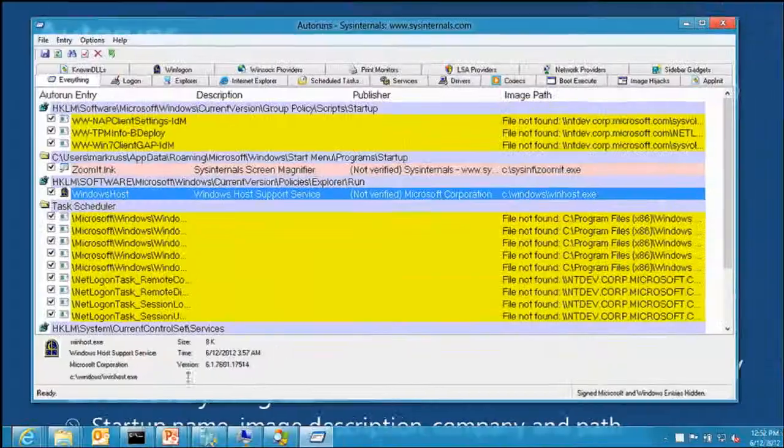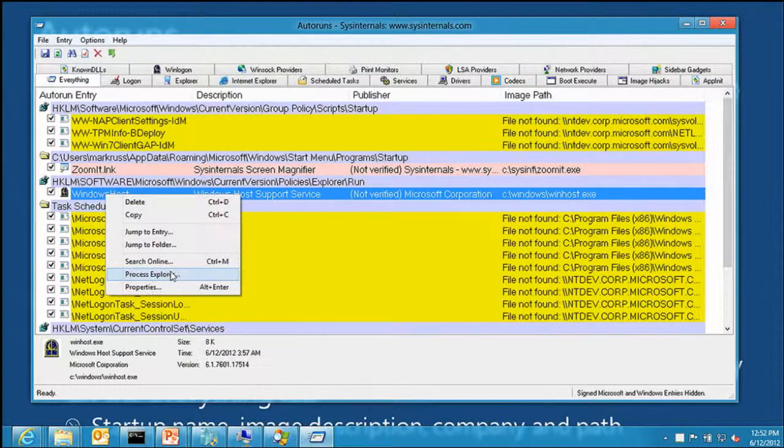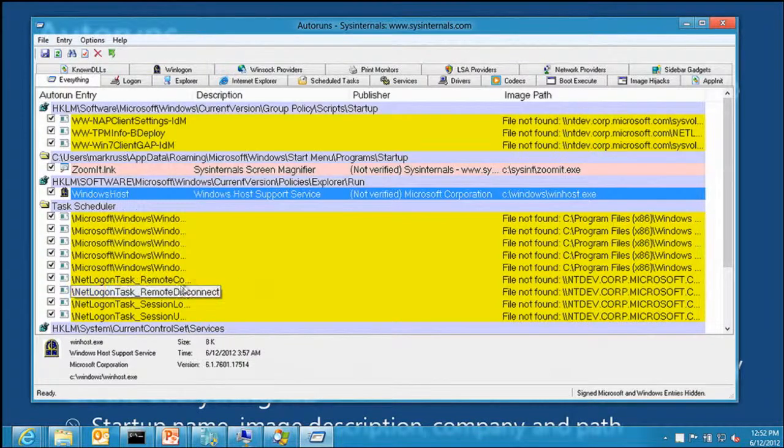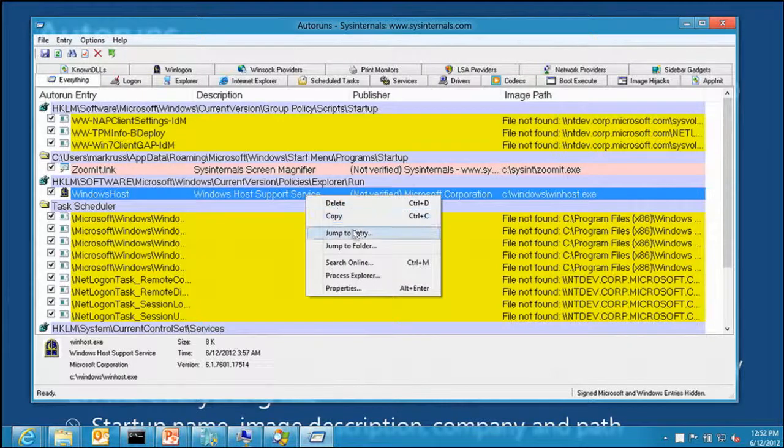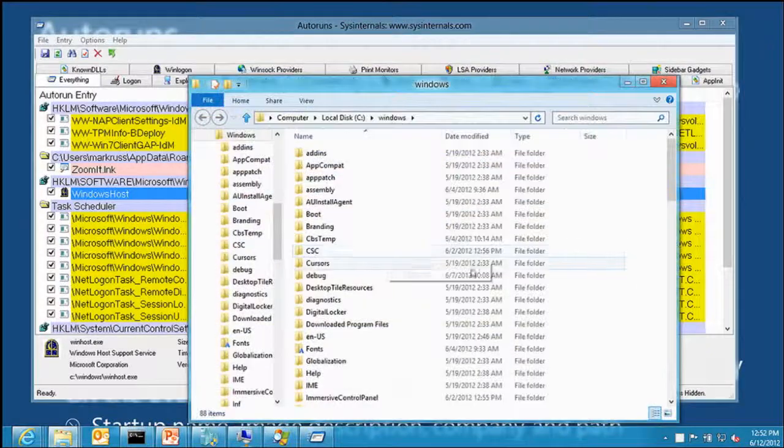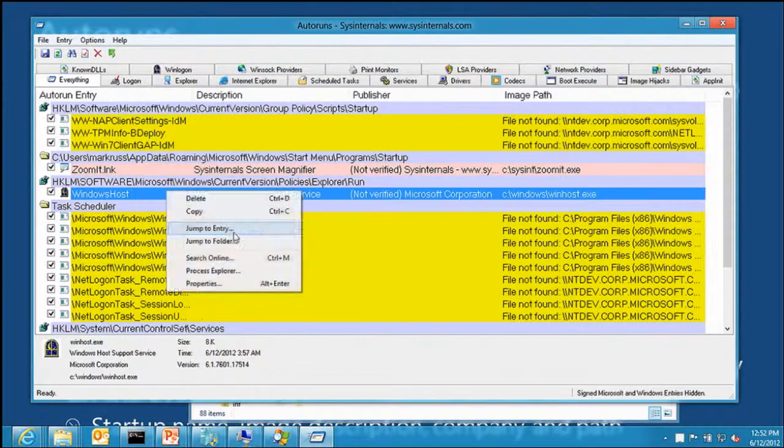And what you can also do from here is you can search online for it, like you could in Process Explorer. You can look at the properties in Explorer for it, if you'd like. But also, for when it comes to cleaning, you can do jump to entry or jump to folder. If you jump to folder, then you'll find the place where that image is actually stored. And if you jump to entry,